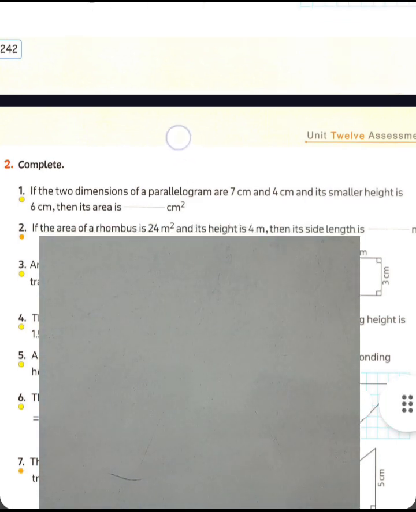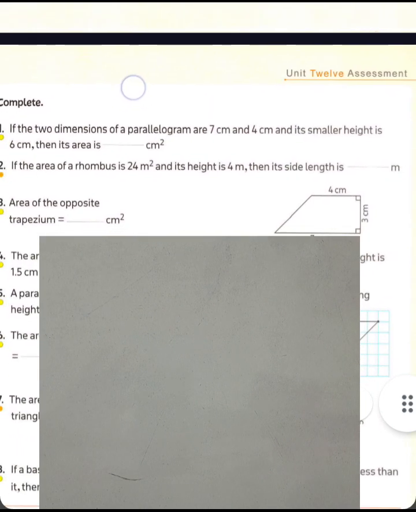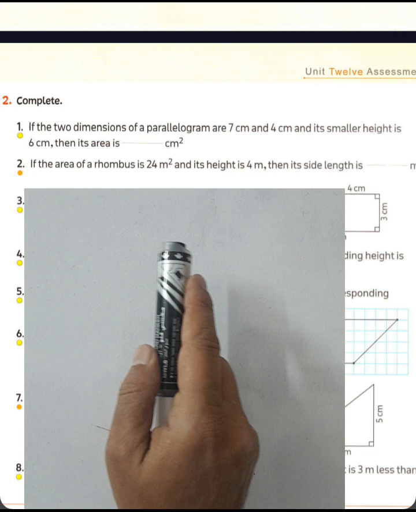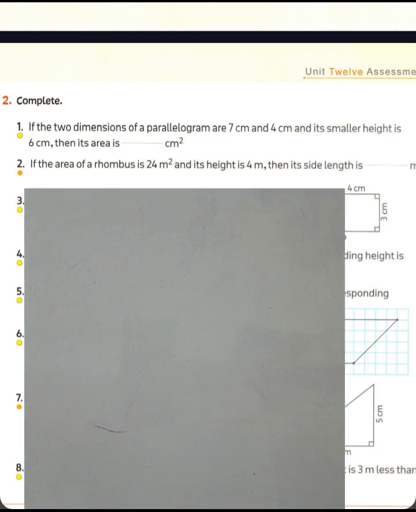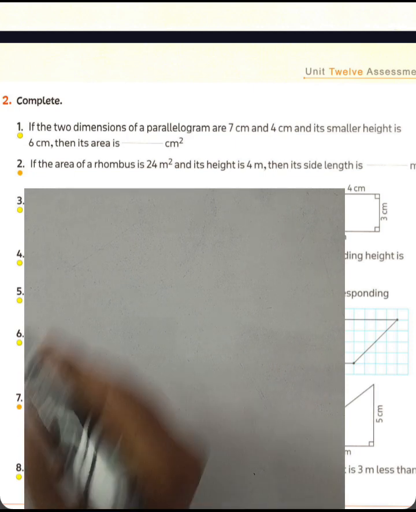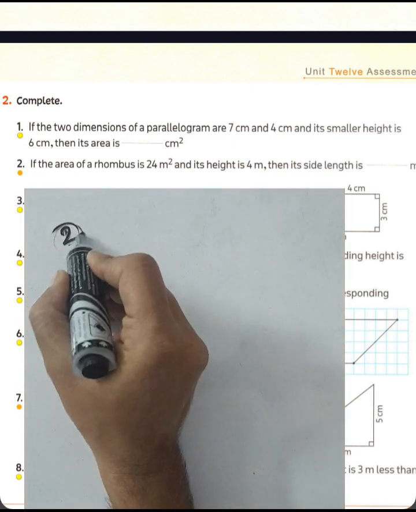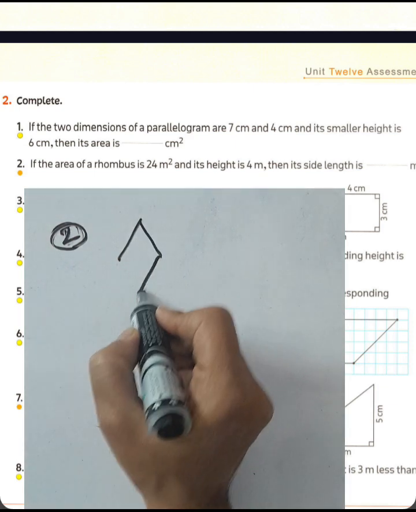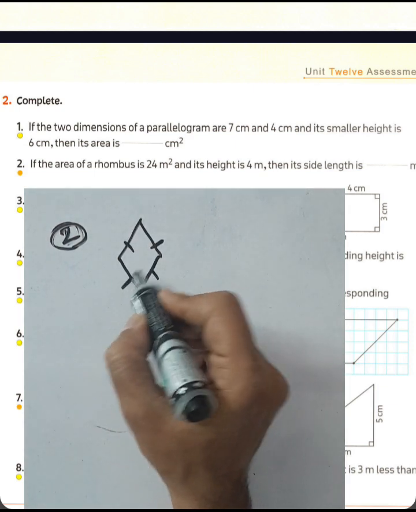Question number 2. If the area of a rhombus is 24 square meter and its height 4 meters, its side length will be what? Okay, we know the area of a rhombus equal base times height, or side product by height, because in a rhombus all sides are equal in lengths and we have